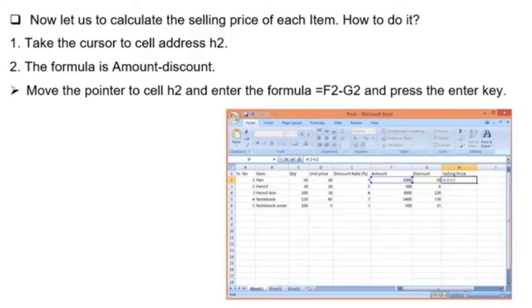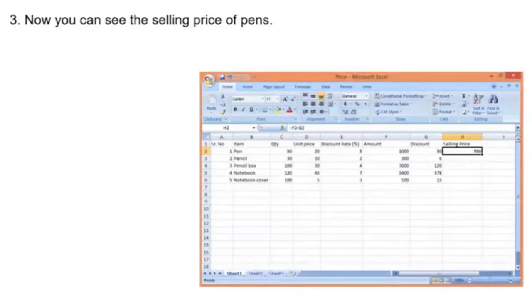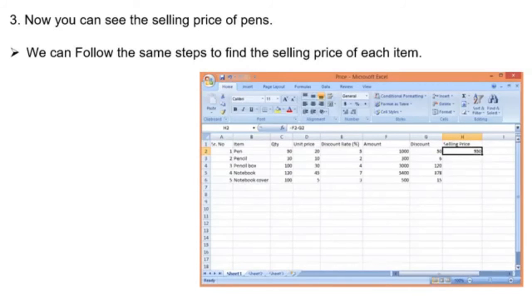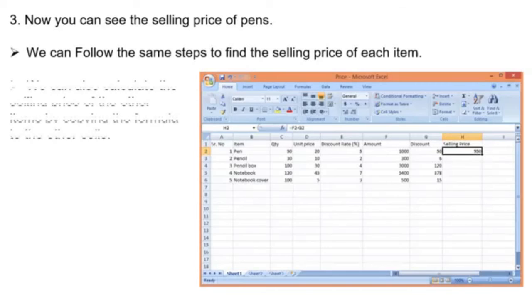Move the pointer to cell H2 and enter the formula equal to sign F2 minus G2 and press the enter key. Now you can see the selling price of pens. We can follow the same steps to find the selling price of each item.